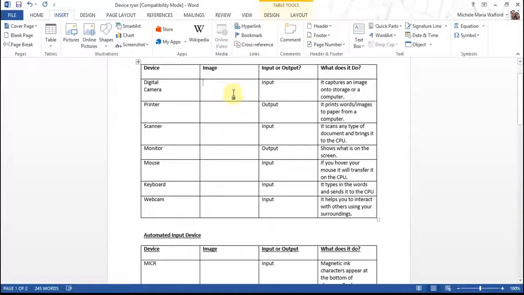Once you have the images, open up your table and click once inside the cell that you would like to put an image. You should see the cursor flickering inside, and that will let you know that the cell has been selected. Once this is done, go up to the tab section and click once on Insert. Once you've clicked on Insert, you'll see this menu option become available. Click on the big picture icon here,